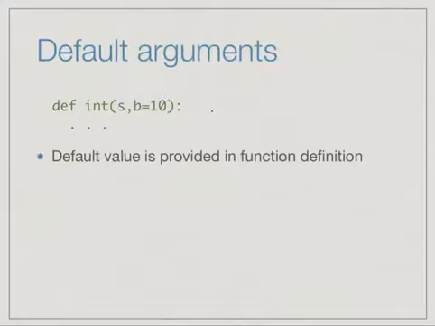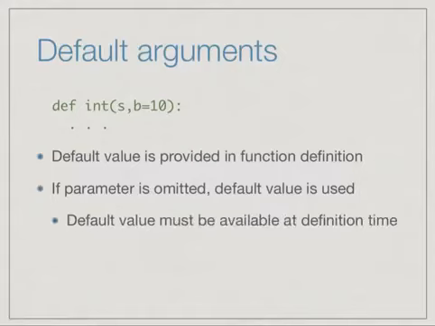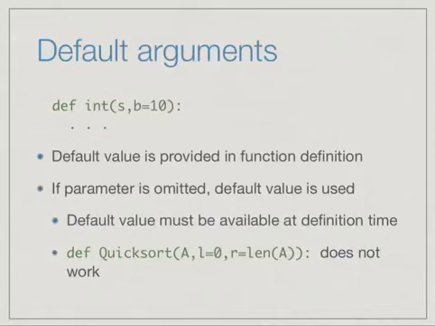So the default value is provided in the function definition, and if that parameter is omitted, then the default value is used instead. But one thing to remember is that this default value is something that is supposed to be available when the function is defined. It cannot be something which is calculated when the function is called. So we saw various functions like quicksort and merge sort and binary search, where we were forced to pass along with the array